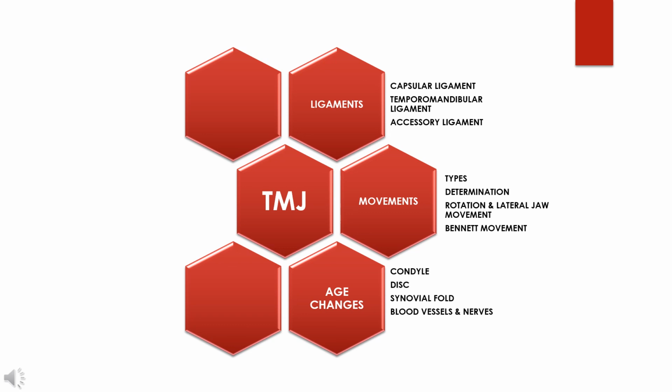Then we saw about the rotation and the lateral jaw movements. In rotation, the mandible can rotate in three directions around three axes such as transverse or hinge axis, sagittal axis and around the vertical axis. The lateral jaw movements can be of two types, that is the lateral rotation and the Bennett movement. The Bennett movement can be classified into immediate shift, precurrent side shift and the progressive side shift. Finally, we saw the age changes of TMJ. With this, I complete today's class.